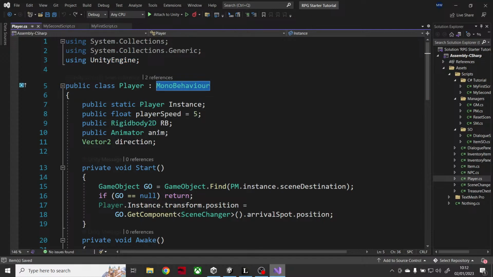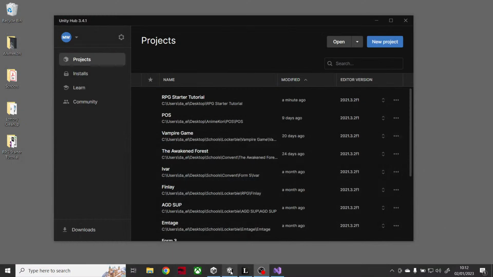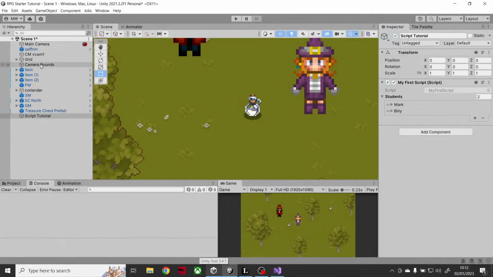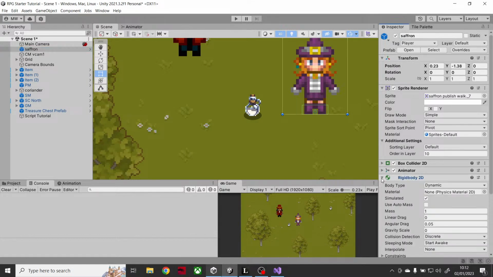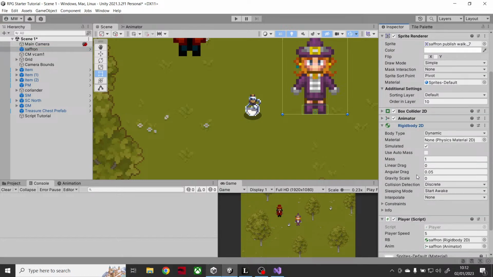All right. So what is rigid body? Well, it's just a collection of variables, just like student was a collection of variables. If we look in our scene, and where's my player? Saffron is the player, and here is rigid body 2D. And if we look at this,